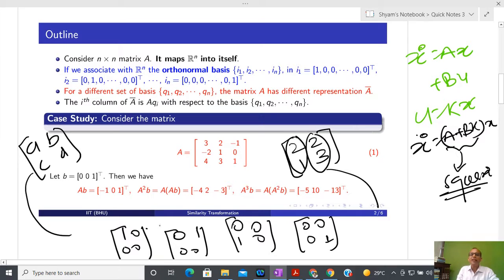Okay, so now what I am telling is that if I have some kind of matrix A, here what it does is map Rn into itself. It means that if I have an equation like Ax equal to y, and if A is a square matrix, you know that I have an n cross n matrix, so x should be n cross 1, so y is also n cross 1. So if you apply A to this, you can see that Rn is mapped to Rn only. Anyone has confusion?